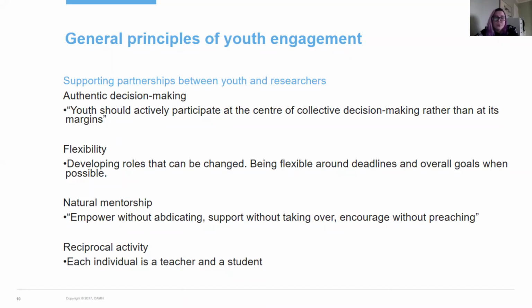It is also important for youth to be supported by adult mentors who respect them. Mentors should work with the youth so their ideas are heard and represented without being guided or taken over by other project members. And the youth-adult partnerships are also reciprocal and will benefit both the youth and the adults.